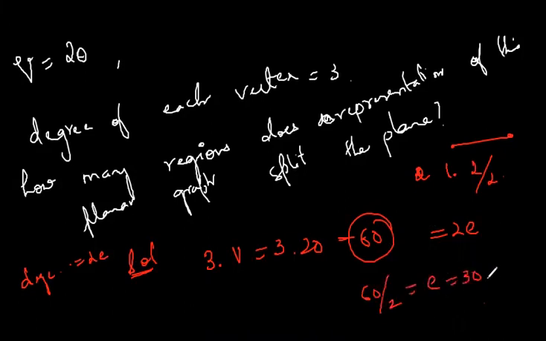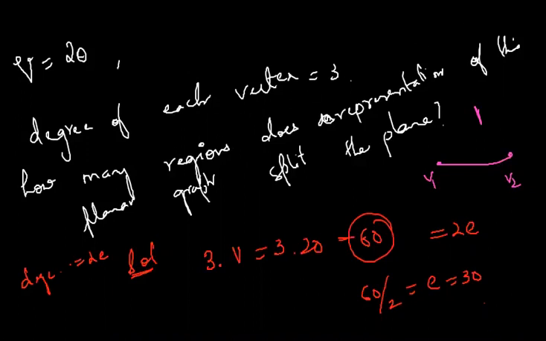So the number of edges in the graph is 30, the number of vertices in the graph is 20. Once again, look at this diagram. If I have 2 vertices v1 and v2, each with degree 1, it means v1 is connected to v2, that's it. If each has degree 1, how many edges are there? There is only one edge. So the summation of the degrees of each vertex is divided by 2 when we have to find the number of edges. Now let's proceed with our problem.